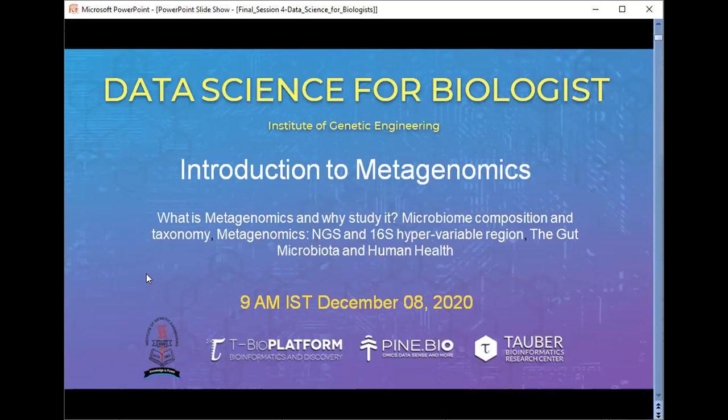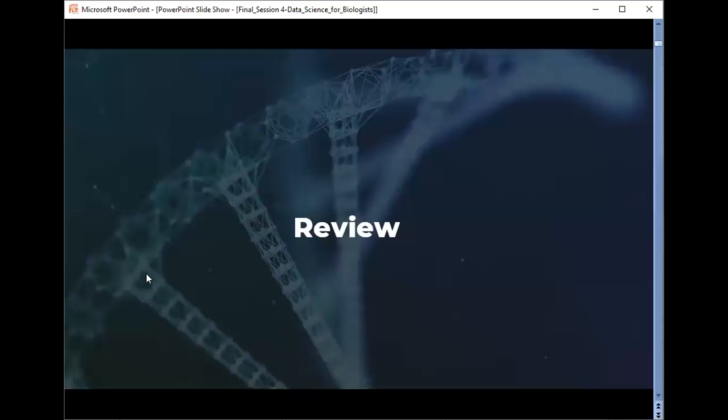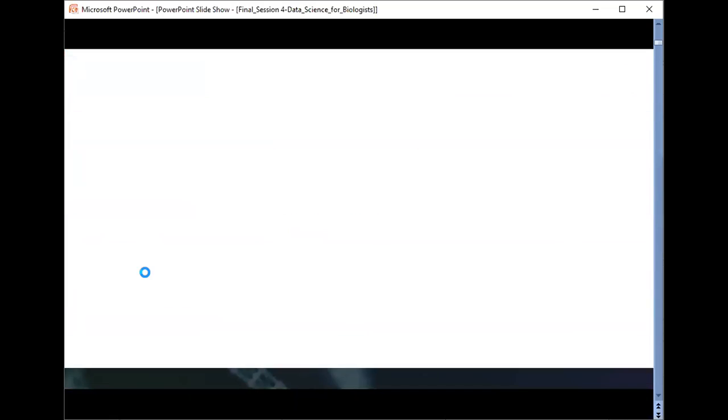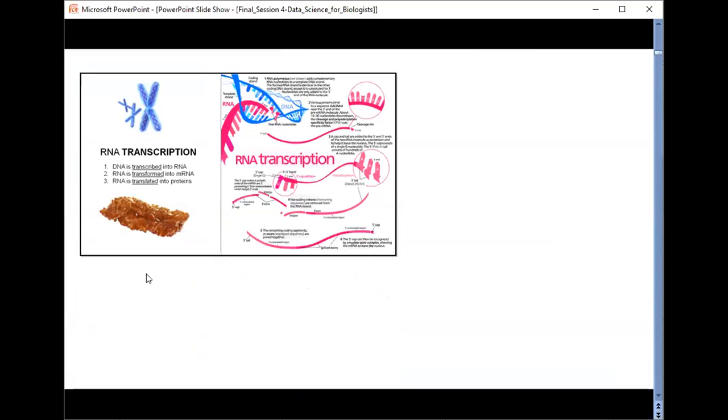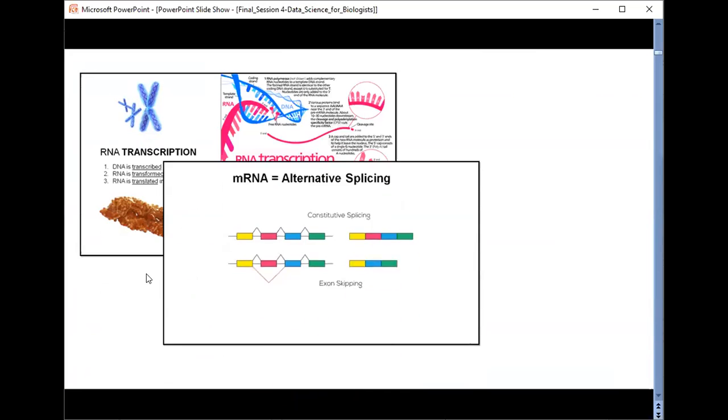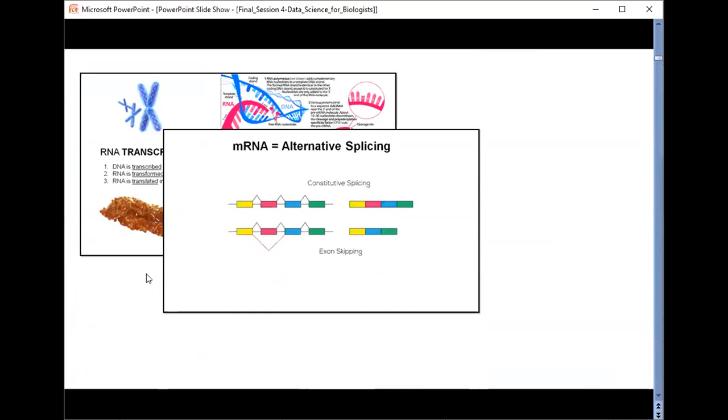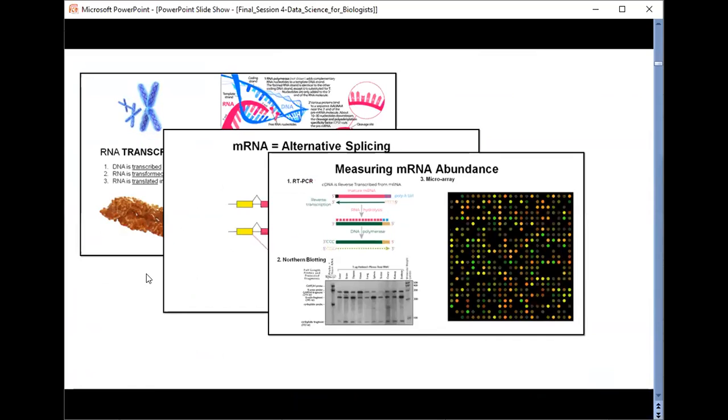So before going ahead, let's review what we have learned in our last session. In the last session, we started with the transcription process. Then we got an overview of splicing. Next, we learned about various methods that are used to quantify mRNA, that include RT-PCR, Northern blot, microarray.